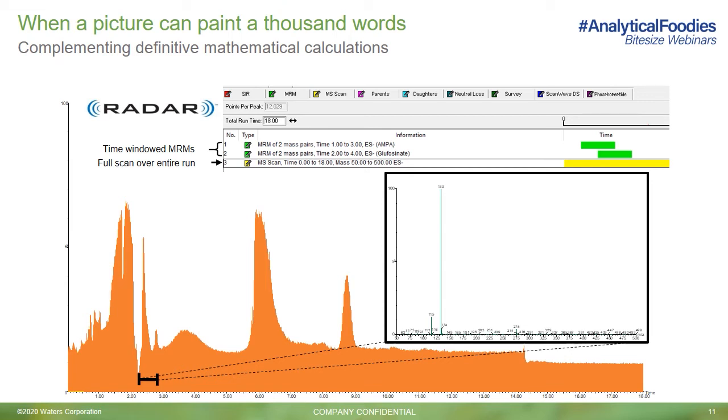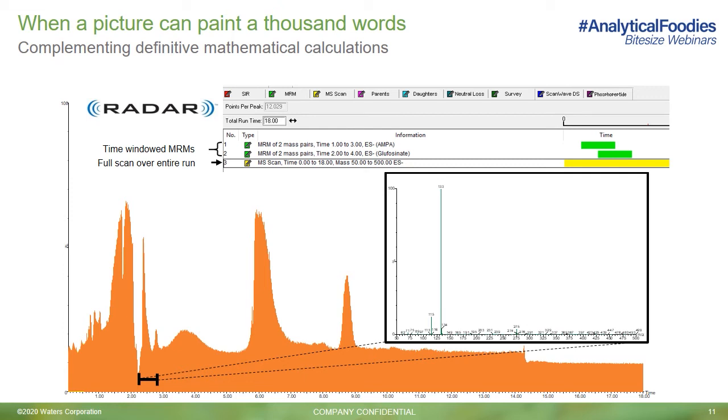One more example of an image providing additional intelligence is shown here, where we're looking into full scan background of our chromatographic gradient. With many of our multi-residue methods run on tandem quadrupole mass spectrometry technology, the typical acquisition mode is multiple reaction monitoring, or MRM. This mode offers good selectivity for targeted masses. However, we can sometimes miss what is going on in the background.